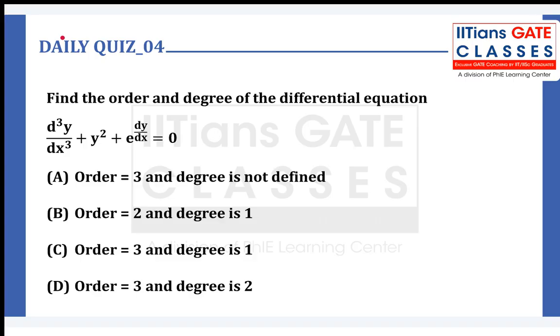Okay. And now the fourth question where you are supposed to find order and degree of this differential equation. Order is the easiest one because that is the order of the highest derivative term. So this is the third order derivative term. So order has to be 3. Okay. So option B is incorrect itself. Now talking about the degree. If this last term is not present, you can just say degree as 1. Okay. But because of this exponential dy by dx term,